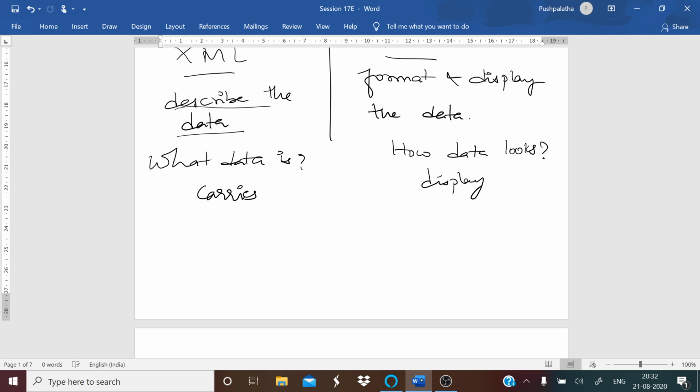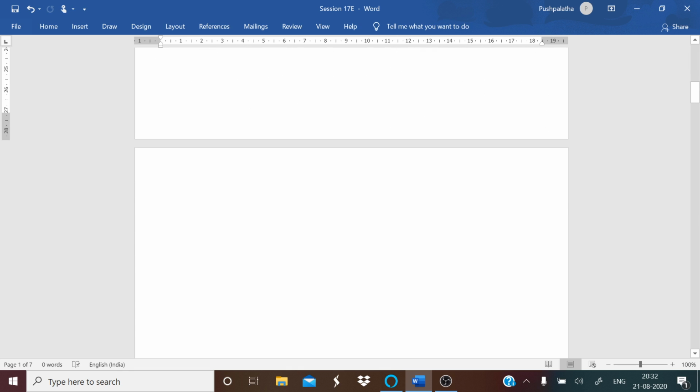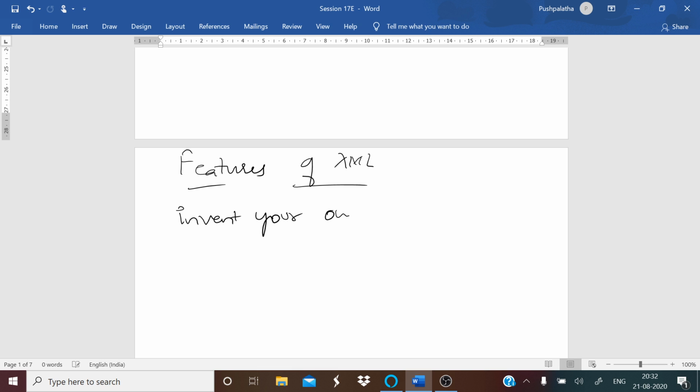Now, if we are talking about the features of XML, with XML, as we said earlier, you can invent your own tags. We are not going in detail with this. For example, you are not going to make use of to, from and all in HTML, right?